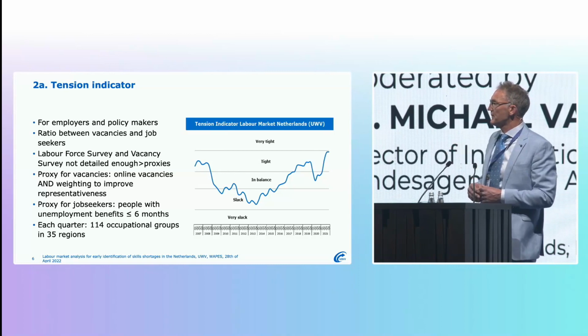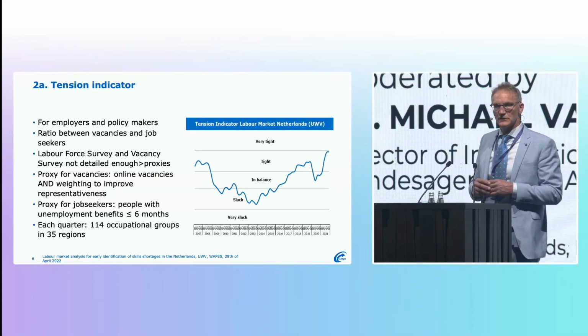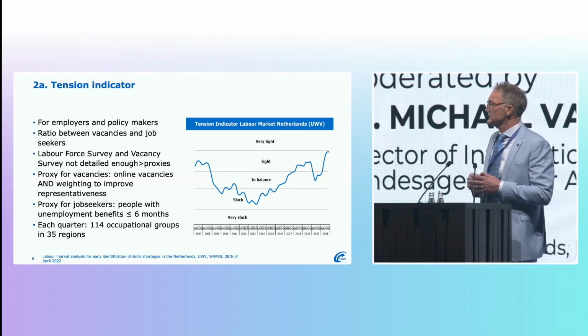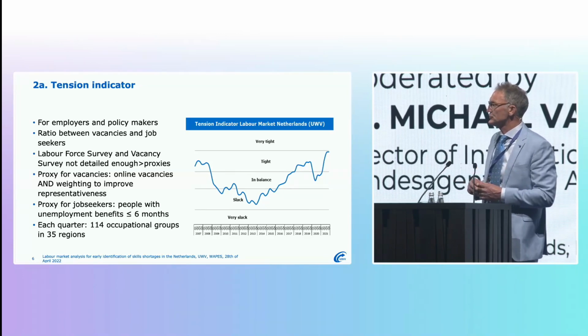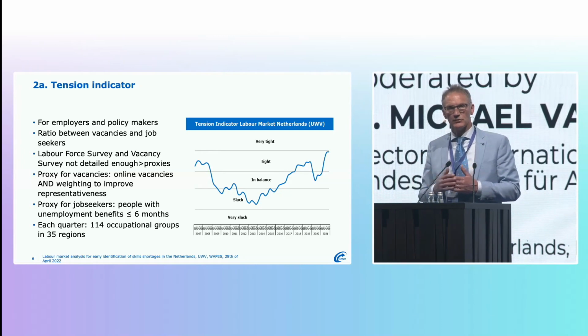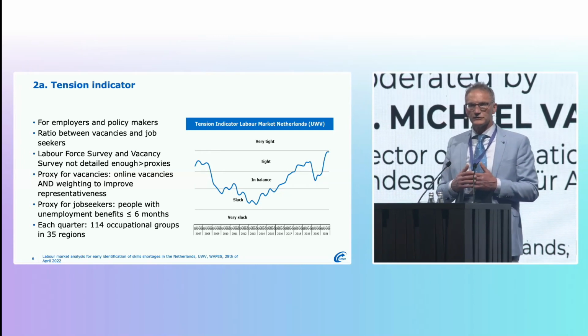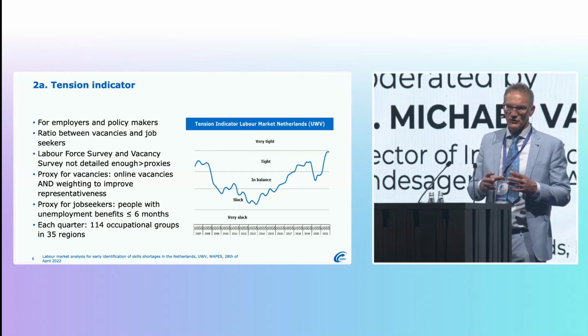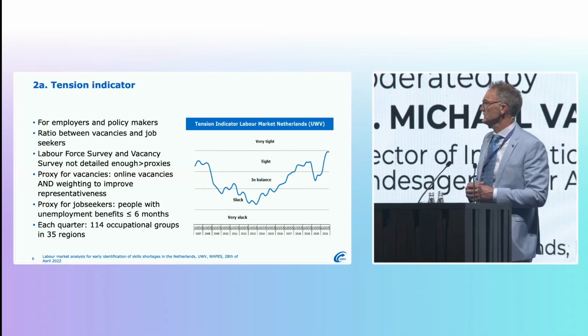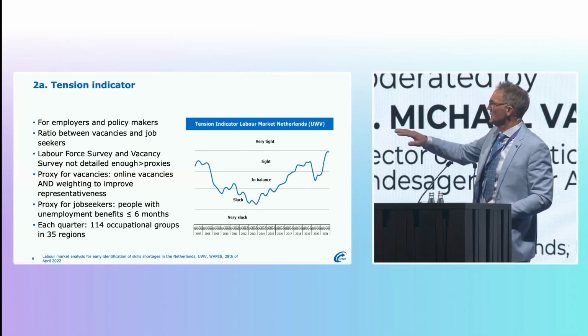So we developed a method to get a good picture of the total number of vacancies per region and per occupational group. And besides that, we have the proxy for job seekers. This is the number of people with unemployment benefits, short-time unemployed. Not all of them, but only the short-time unemployed, because we only want to select those who are directly available to the labor market. This is an indication of the shortage, the tension on the labor market, and the graph